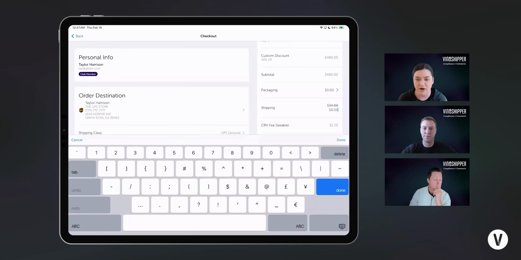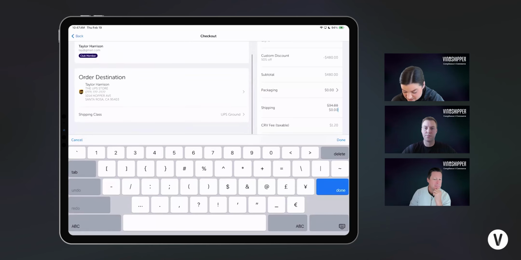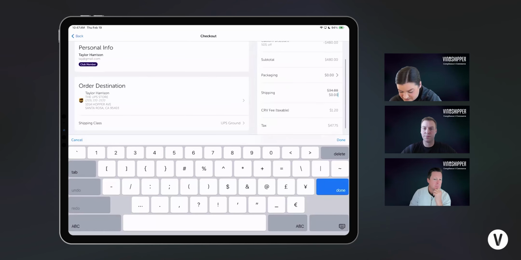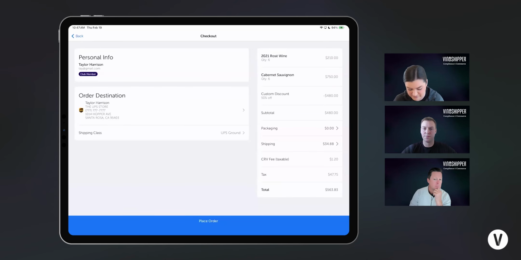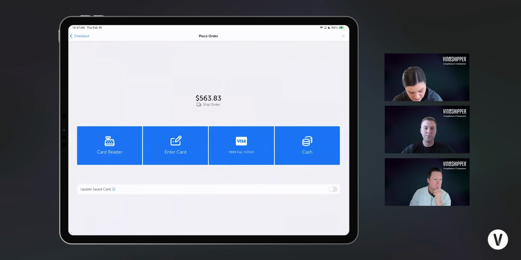So I could override it, give them free shipping, which I don't really recommend, but I could do flat rate shipping, etc. So there is some flexibility from this portion of the cart that updates some information without having to back out to where you started. But I'm going to go ahead and place this order and I'm going to use the card that he has